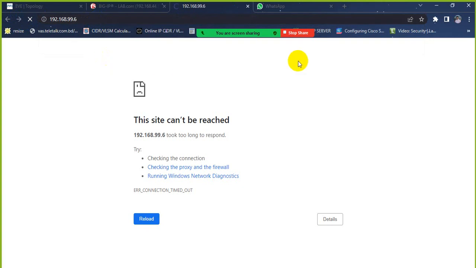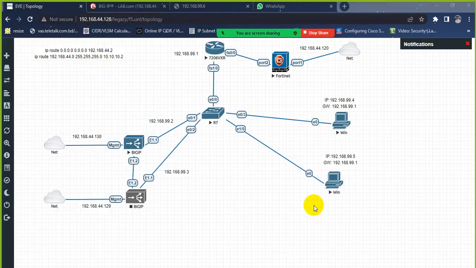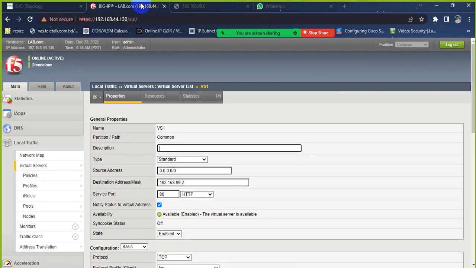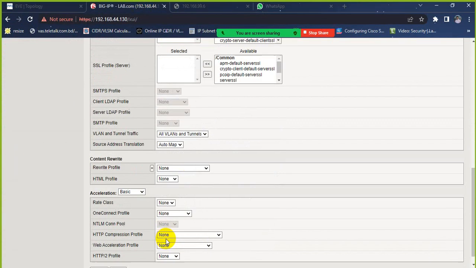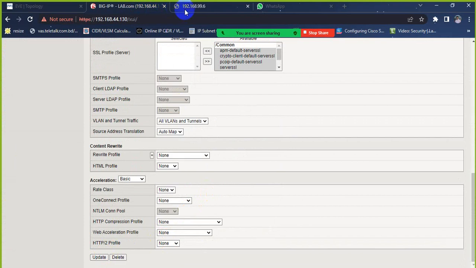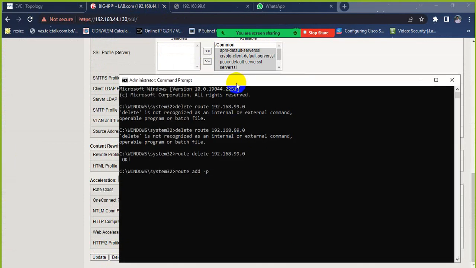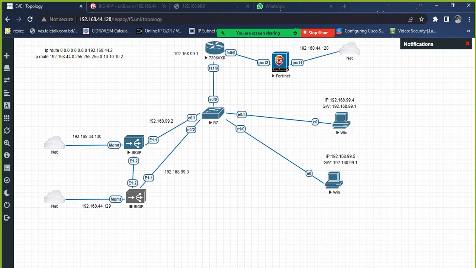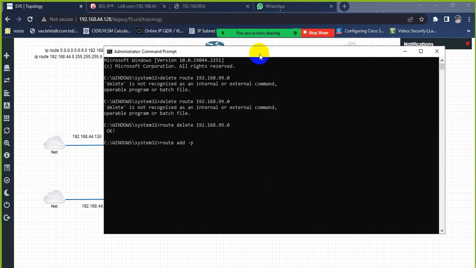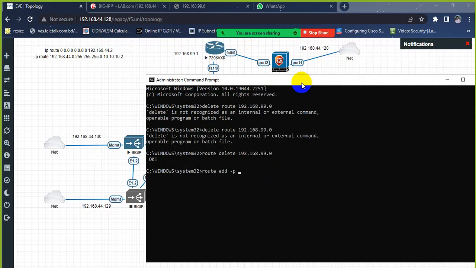So the main problem is here. So let's go. The configure is 0.6. The problem is my PC route. So I am opening the administration mode and writing the route for 192